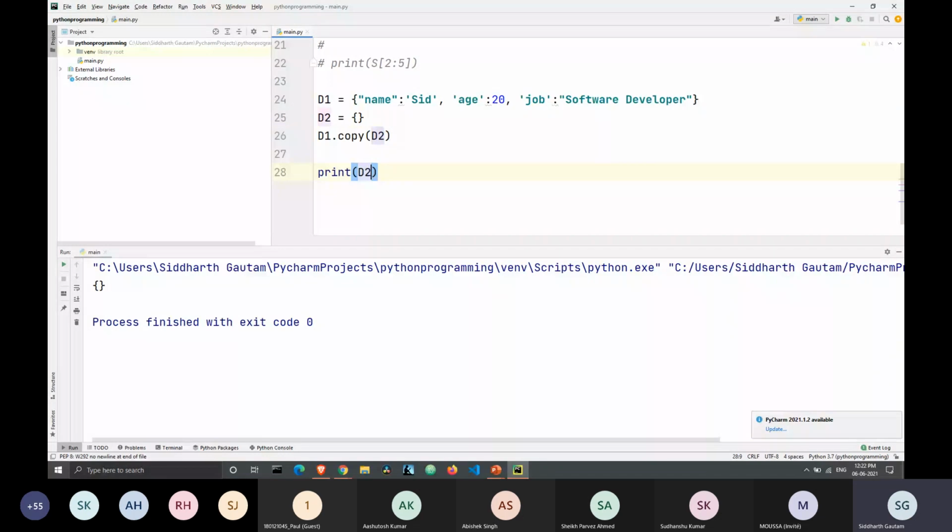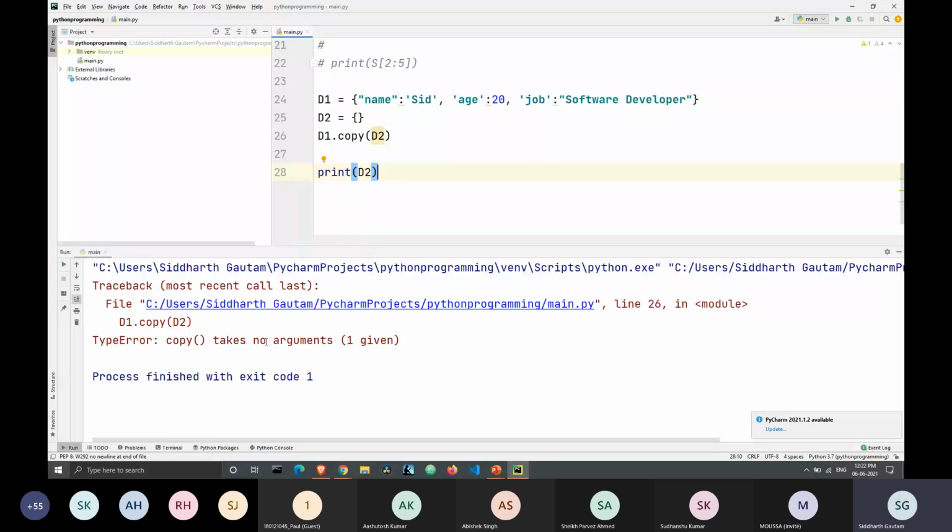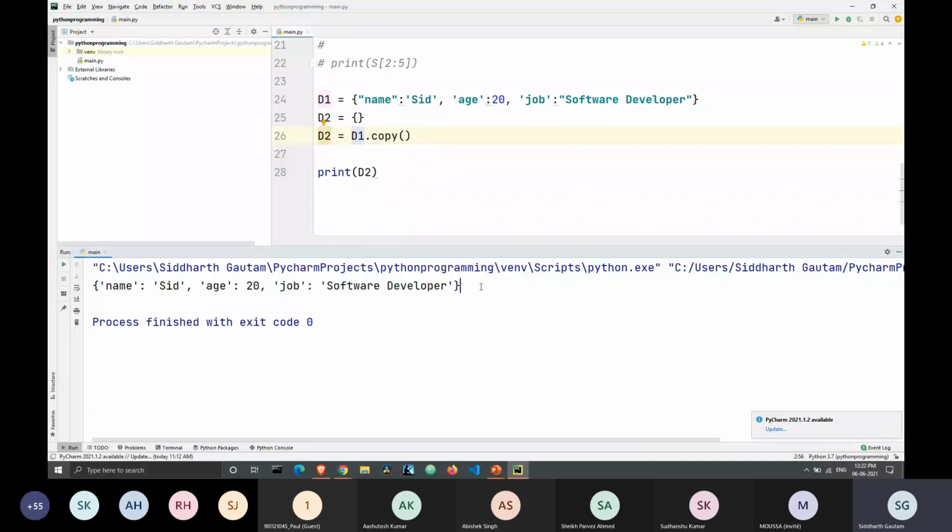I think we're going to come across an error, and that's right, we did. So instead of writing d1.copy d2, what we have to write is d2 is equal to d1.copy. And let's see if this works. Yep, this worked. What's happening here is we have our variable d2, and then we are taking the elements of d1 and copying all of them into d2. So this is how the copy function works.